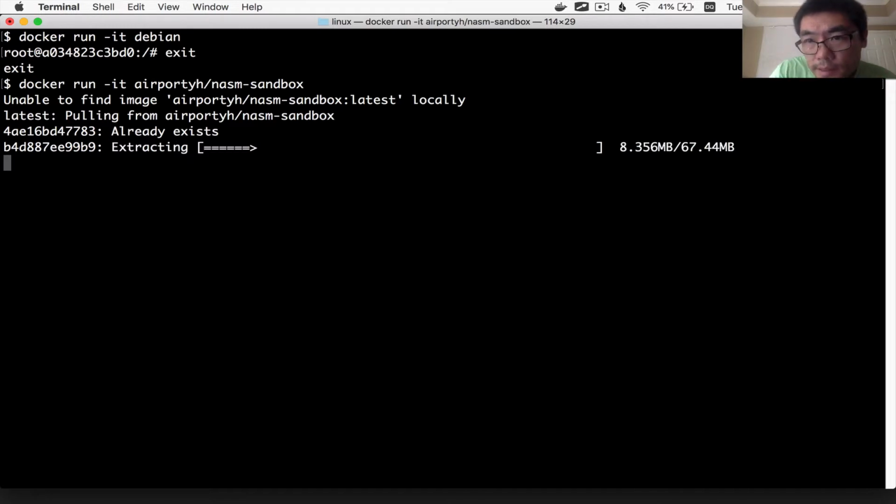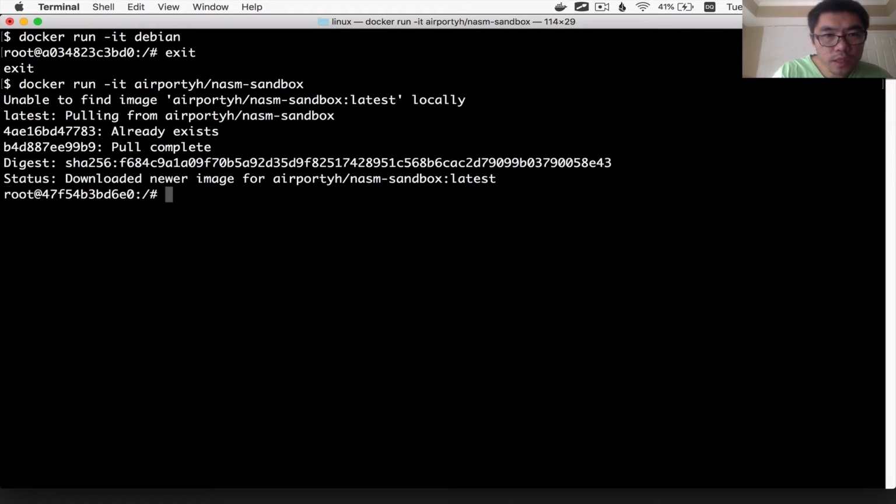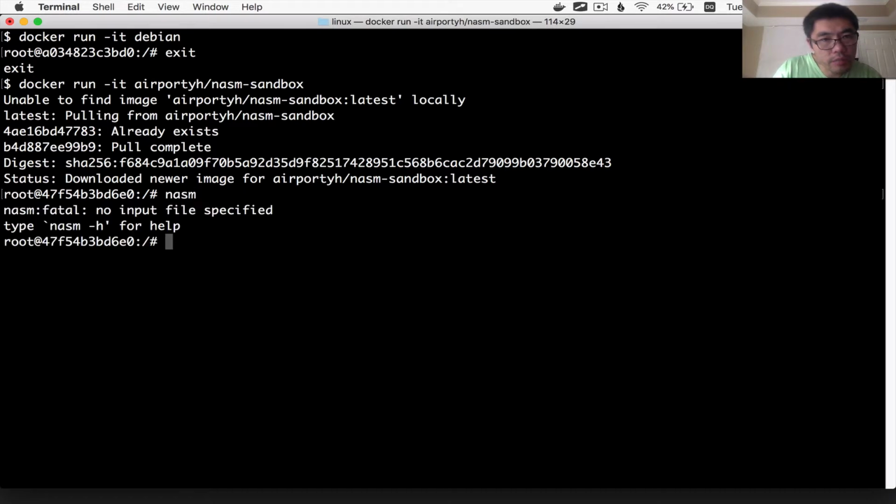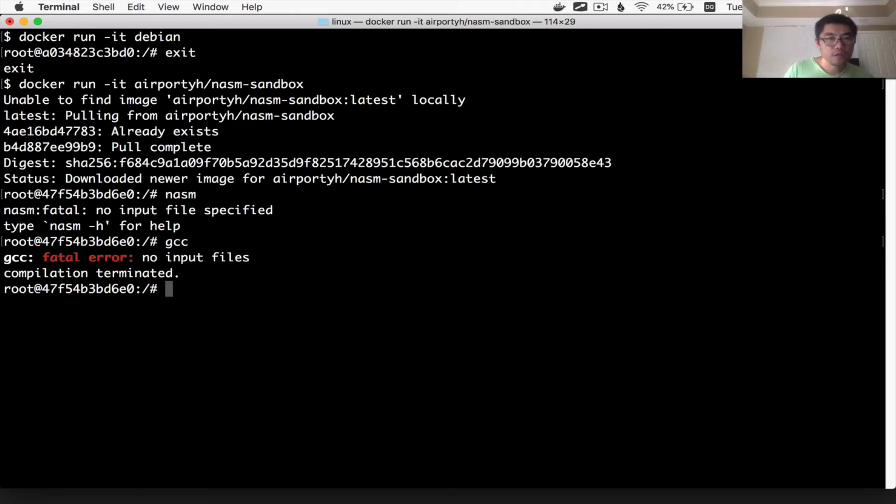And that is 67 megabytes, so slightly more than 50 megabytes because I added some new stuff in there. And boom, now this computer contains NASM, so you can type nasm and say, well, nasm wants a file, and it also has GCC. It has both of those programs pre-installed.